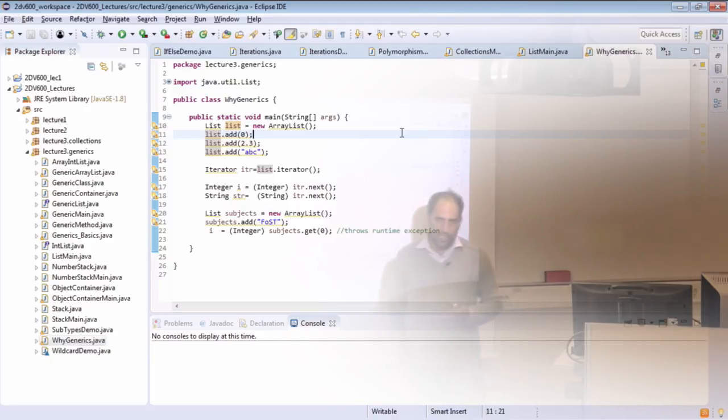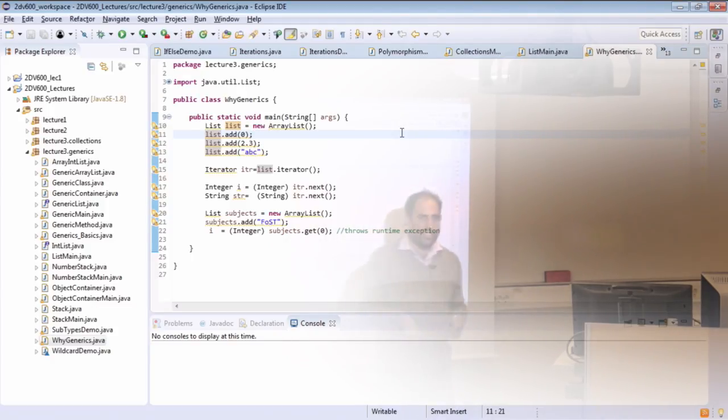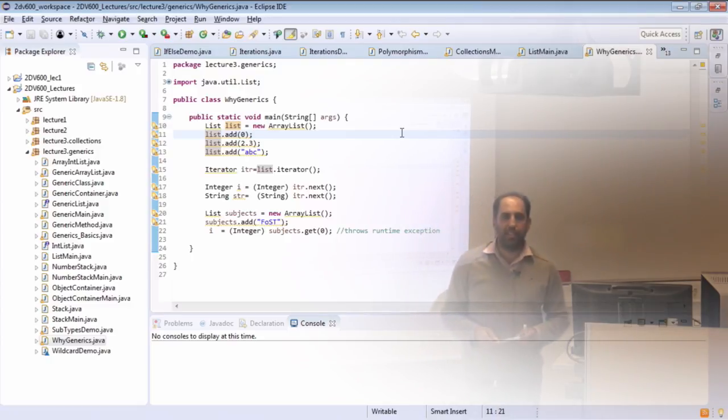So we can add different types of data in non-generic collections. So this kind of collection you can also call heterogeneous collections. But the problem is when we iterate on these values, we need to explicitly tell which kind of object we are returning from the list. When we are inserting, there is no problem. But when we want to retrieve some element from non-generic collections, we have to specifically tell the compiler what kind of object we are returning, because